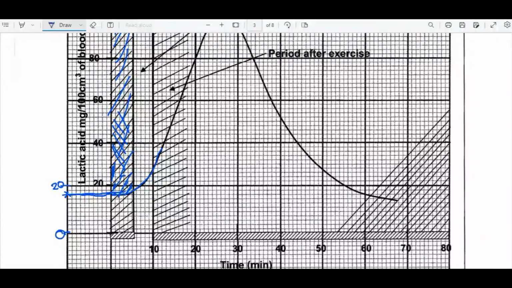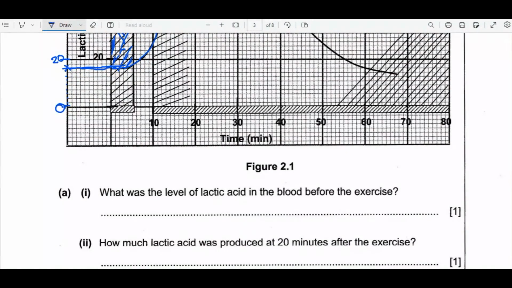So we need to look at the dimensions of the smaller boxes. From 0 up to 20 there are 10 boxes, so each small box represents a 2. Now say 2, 4, 6, 8, 10, 12, 14, this is 16. So the answer is 16